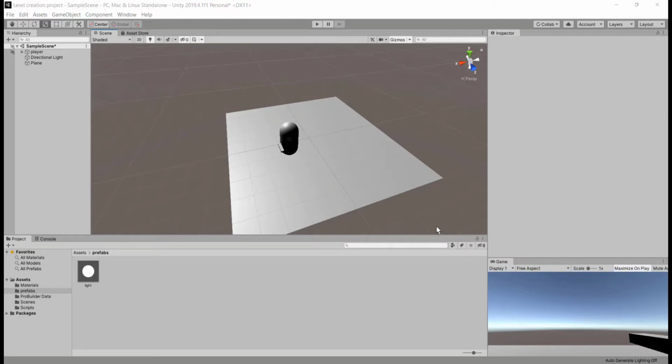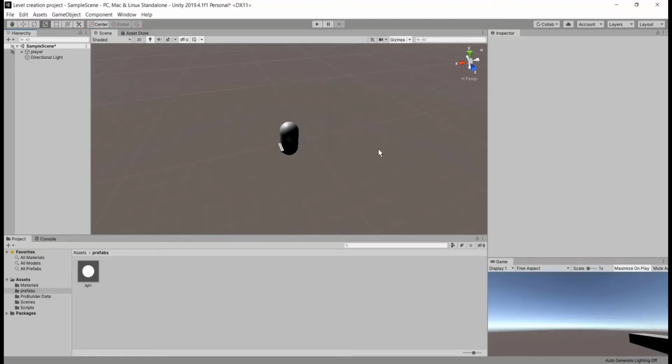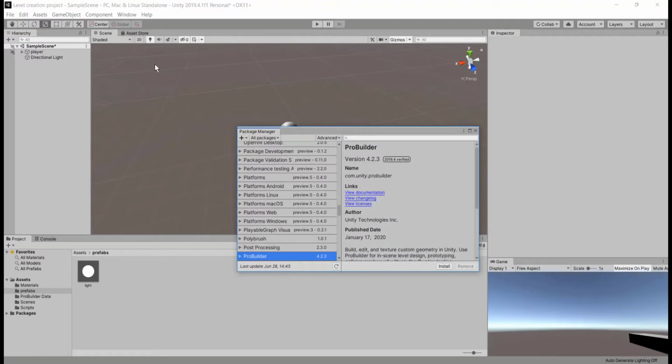Okay, first let's import the ProBuilder package to our Unity project. You can import packages to your project using the special package manager within the Unity engine. You can open the package manager by going to Window and Package Manager.